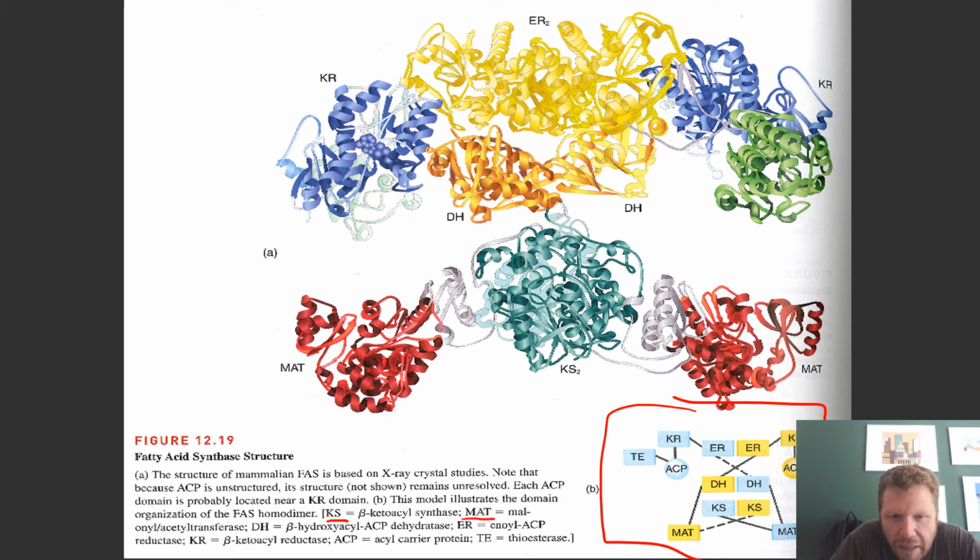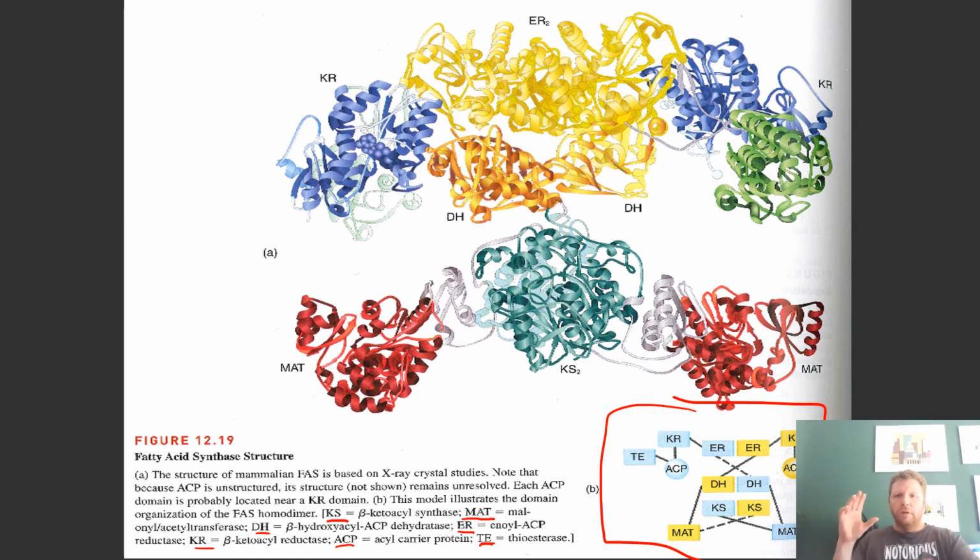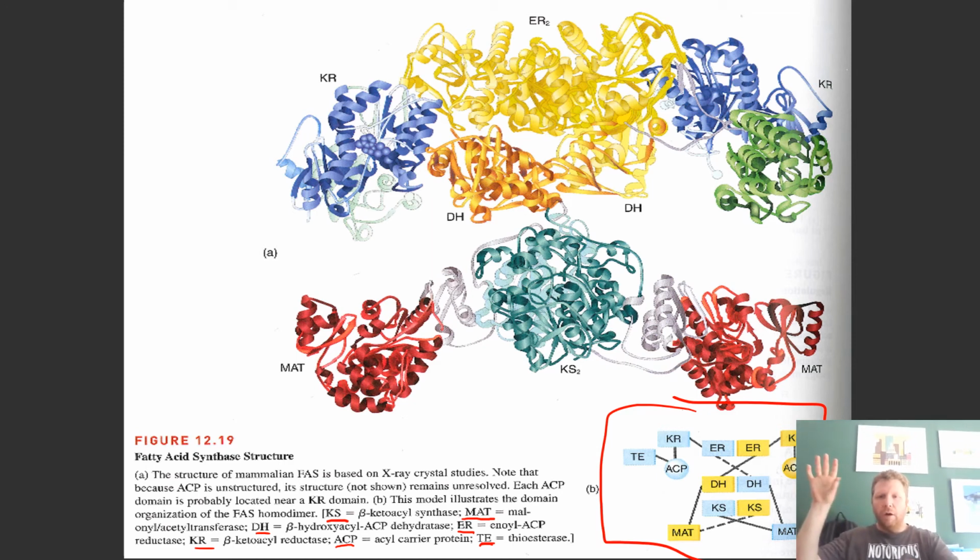KS, MAT, DH, ER, KR, and TE. Beta-ketoacyl synthase, malonyl acetyl transferase, beta-hydroxyacyl ACP dehydrase, enoyl ACP reductase, beta-ketoacyl reductase, acyl carrier protein, and thioesterase. So basically, it's almost like that's a big factory that takes the substrate and starts with it over here, moves it over here. Well, now after it's over here, it needs to go over here for this function. Then up here,